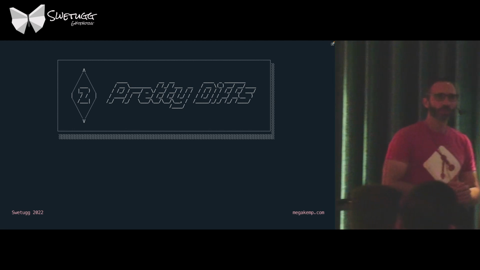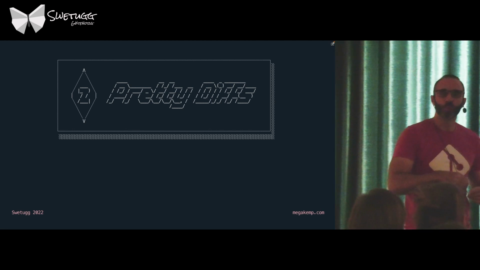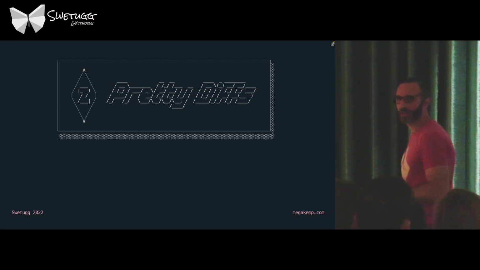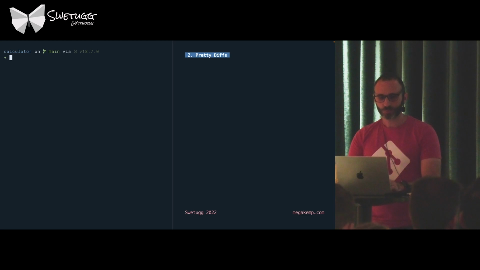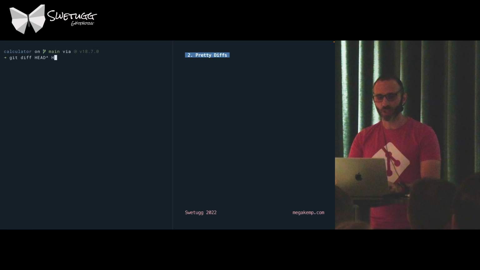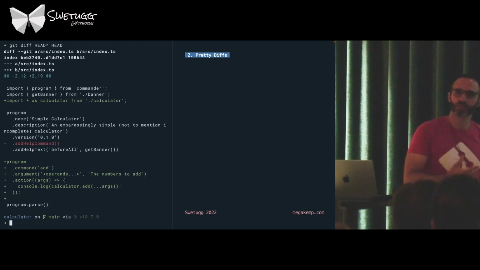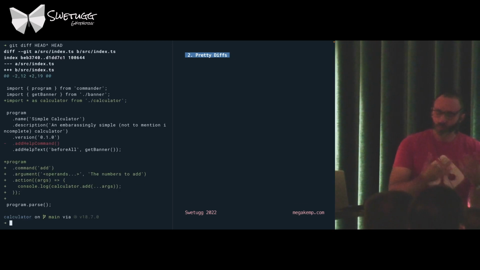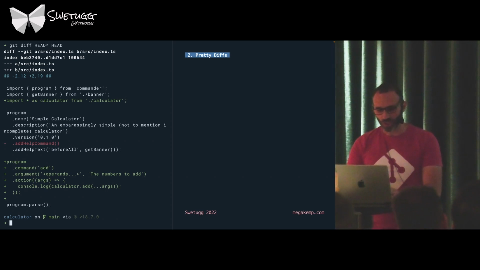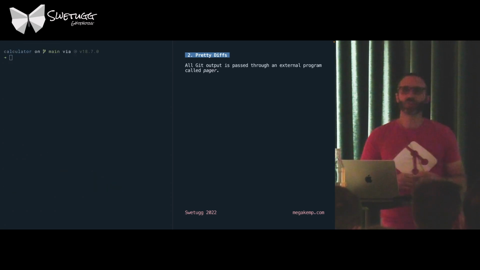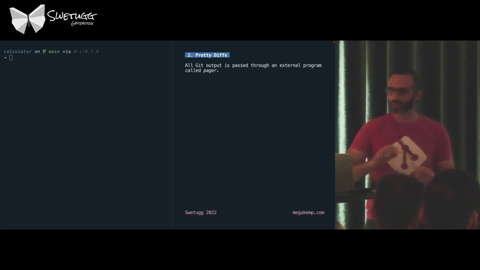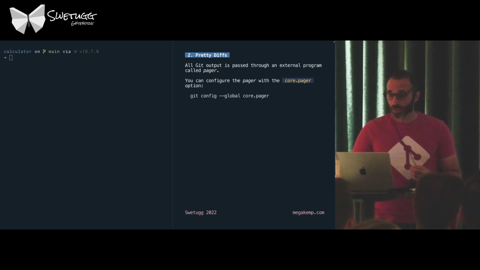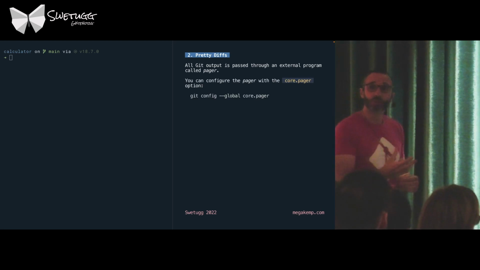Let's talk about more pretty things. In this case, pretty diffs, because diffs are kind of ugly, with the plus and minuses. So what can we do about that? Well, if you do a regular diff, for example, you compare two commits, that's usually what you get, which is fine, but we can do better. It turns out that everything that goes to the console from Git is piped through a command called a pager. Now, the pager can be changed by setting this option,